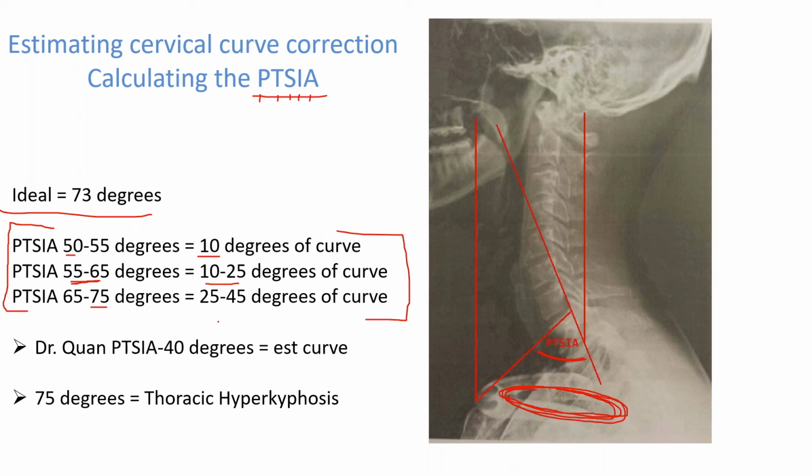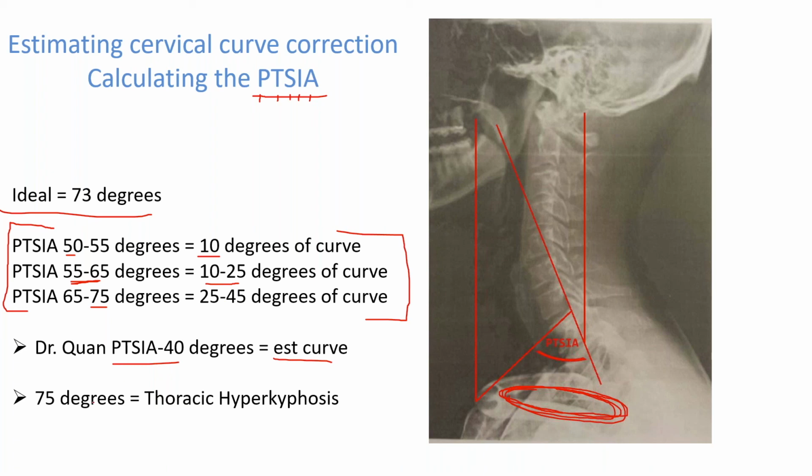And this is not exact yet because the formula is not out. I gave you guys this as an estimate. And then Dr. Kwan mentioned his formula, which works fantastic, by the way, which was the pizza angle minus 40 degrees is approximately the curve that you can expect. So if we look 50 here, minus 40 gives you 10 degrees. It works. 65 minus 40 degrees gives us 25 degrees of curve, and so on and so forth. So this is a very good estimate as of right now to measure how much curve is possible for a